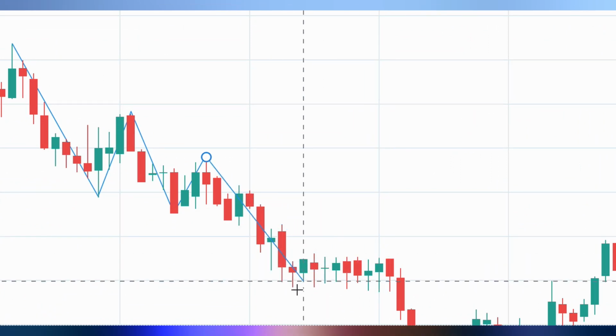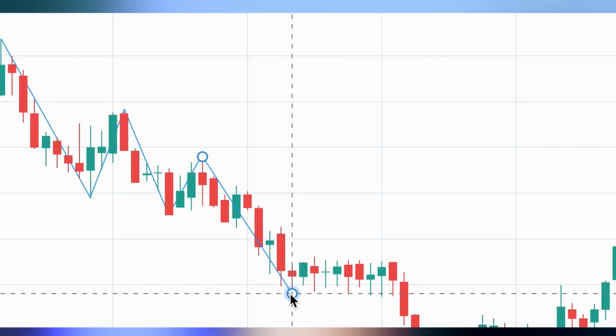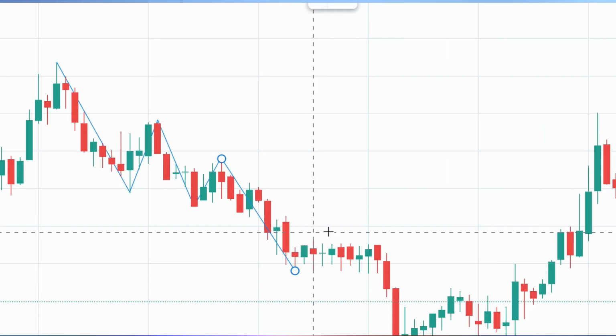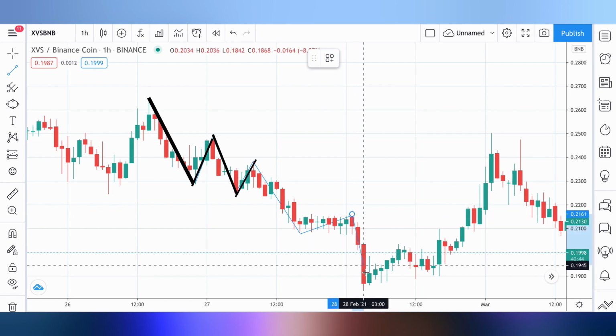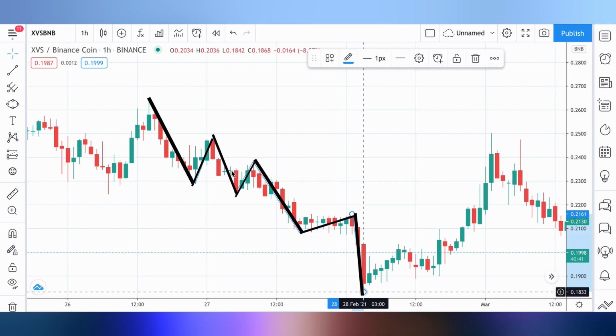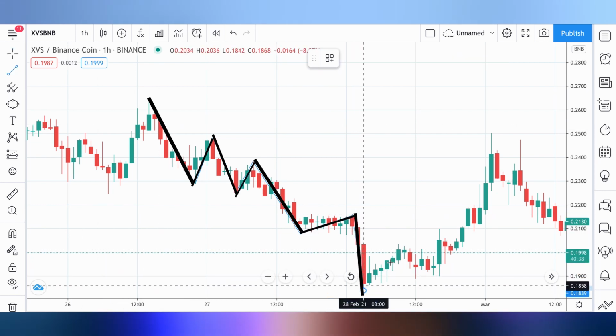Well, I guess this point is higher than this one, right? So we can say this is a low. See how this is higher? Even though this is consolidation, we're gonna take the high from here. From here, this is the high point. We're going right down here to the low point, and then from the low point we come back up to